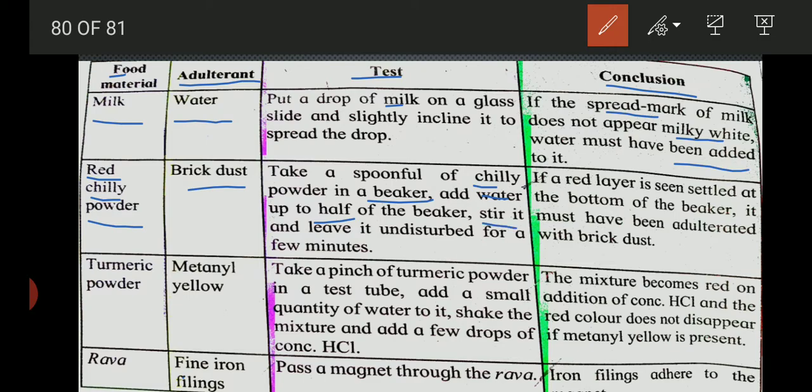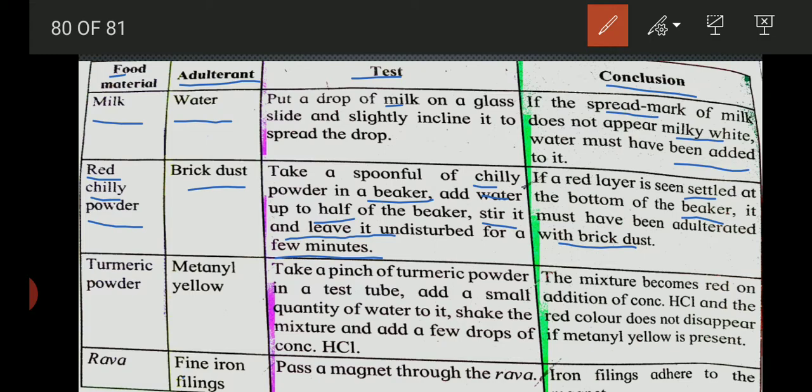Stir it and leave it undisturbed for a few minutes. Then what will you observe? If a red layer is seen settled at the bottom of the beaker, it must have been adulterated with brick dust. You can make out.